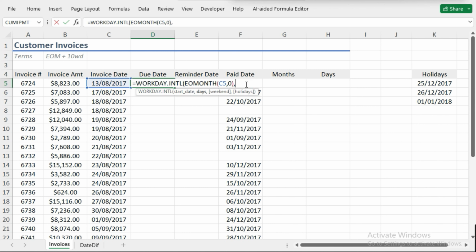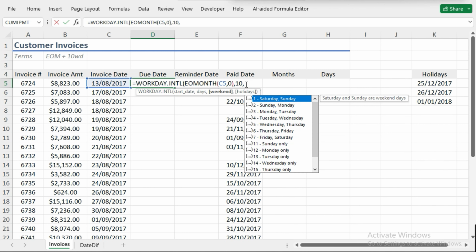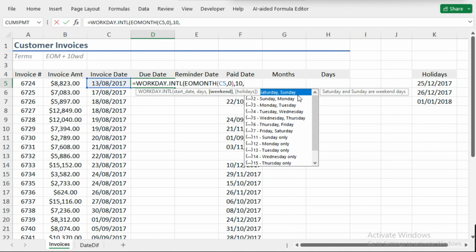work very differently. So when I type a comma here, I'm going to put my 10 working days and then a comma, and you'll see we get a whole lot of options we can choose from. If you go for the first one, you'll get Saturday, Sunday. You can specify your own combination. We're going to go for the simple option here, so I'm just going to click Saturday and Sunday and then